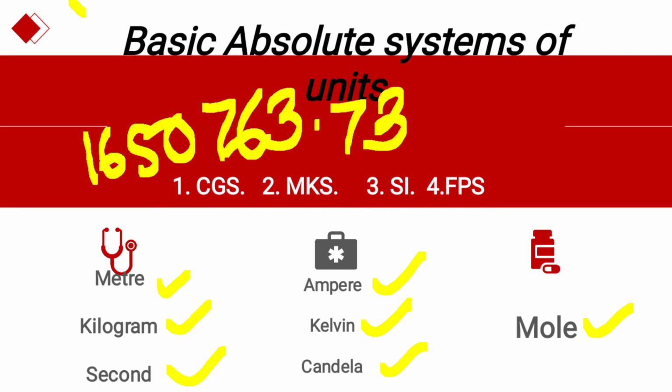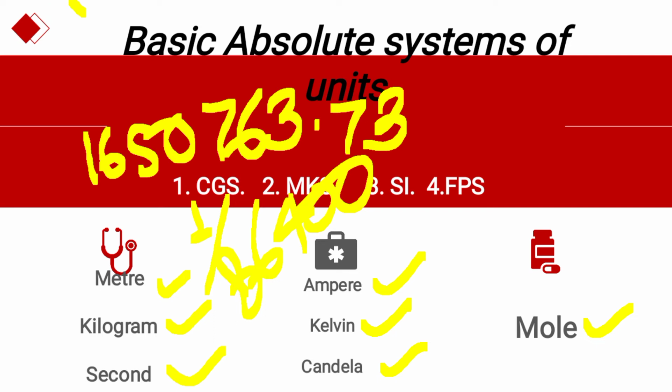Each hour is further divided into 60 minutes and each minute into 60 seconds. 1 second is 1 by 86,400 part of a day. Since a day is not constant but varies throughout the year from season to season,